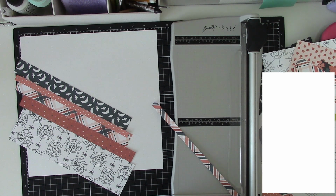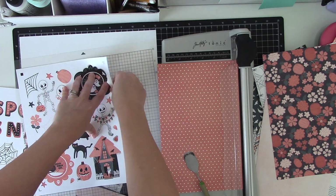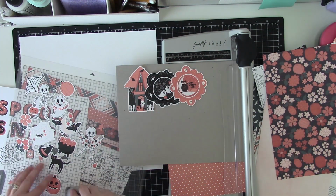I did mess around with the different patterns of the paper. At first I didn't like it. The more I played around, I came up with a pattern that I liked, and I think I might have my clips out of order. We shall see. I did work on stuff all at the same time,